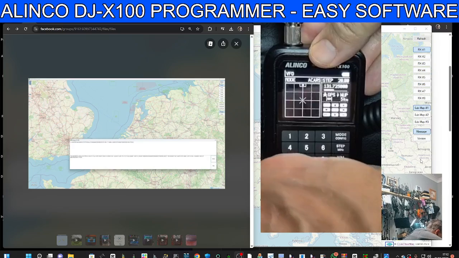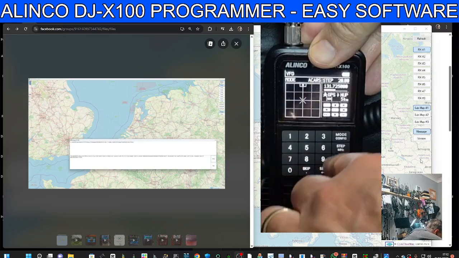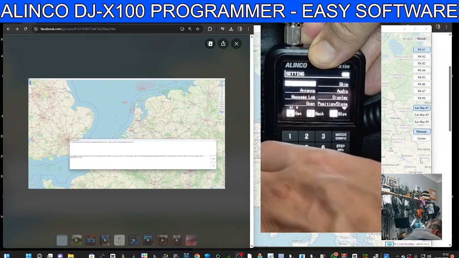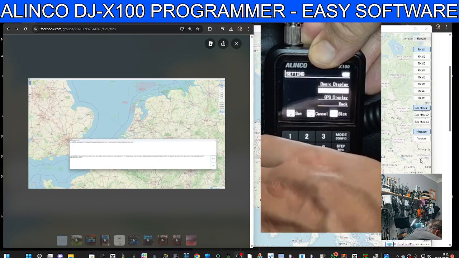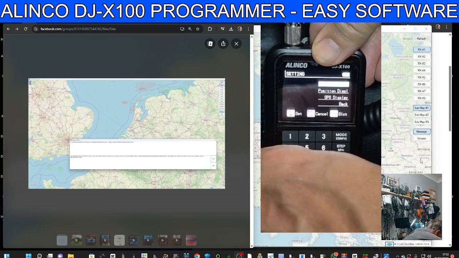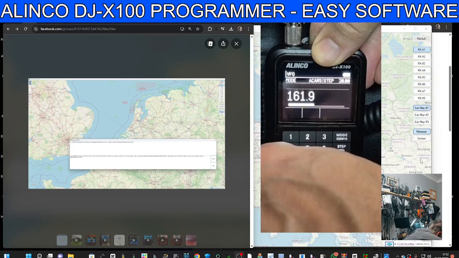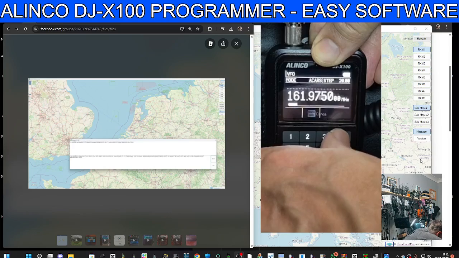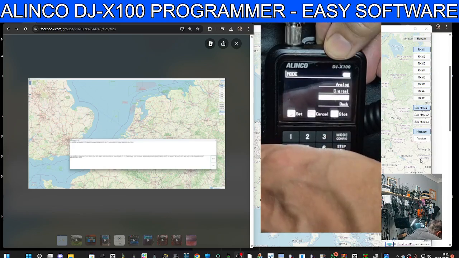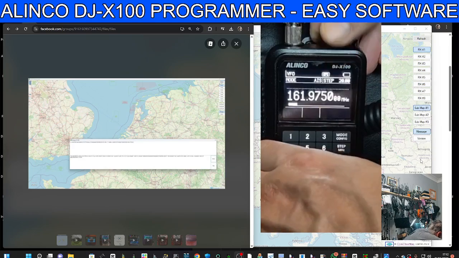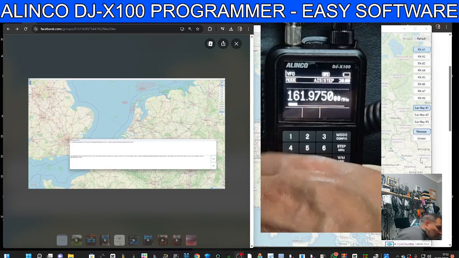Let's just go set. I'm going to come out completely, then we'll just go set. Display mode, back to basics, turn up 1 and then click it. And we'll go 161.975. Click set, adds the noughts. Then we'll go mode, data, and we'll go to AIS set. Okay, now I'm not expecting